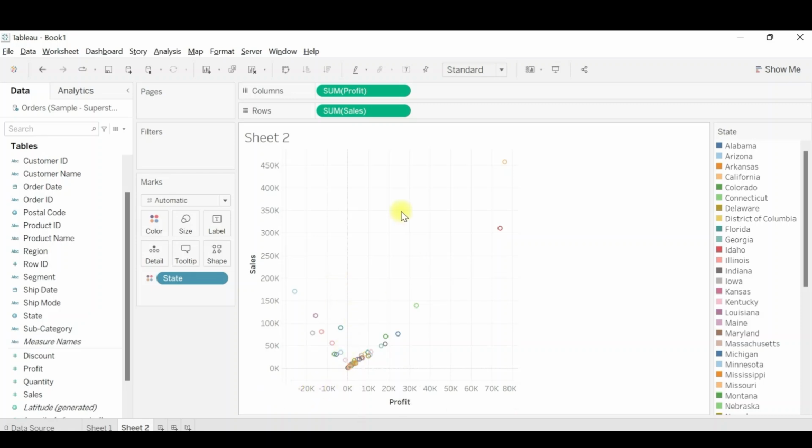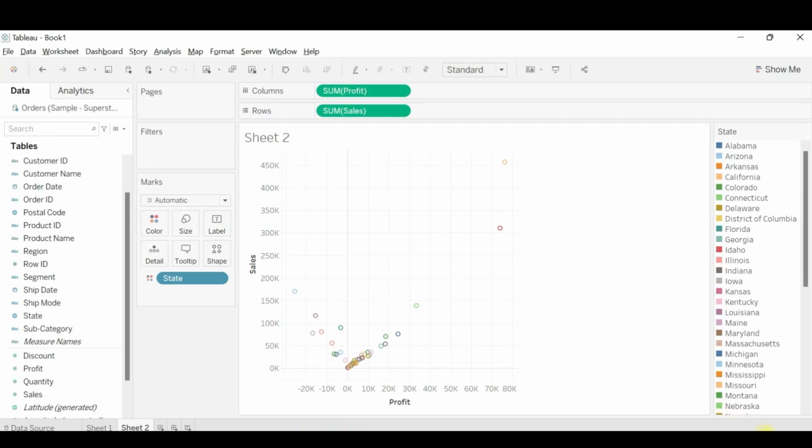So this is how the scatter plot is being plotted, and since Tableau is a smart tool, it automatically takes care of the quadrant depending upon the negative or the positive values. So this is how we plot the scatter plot.